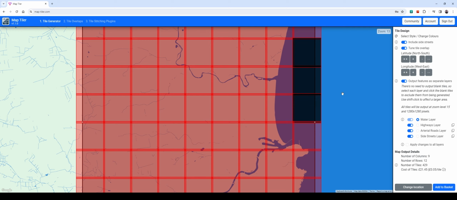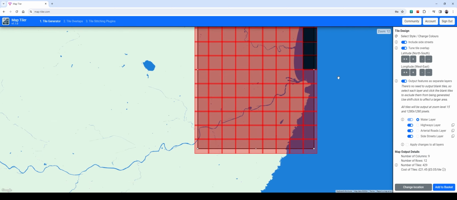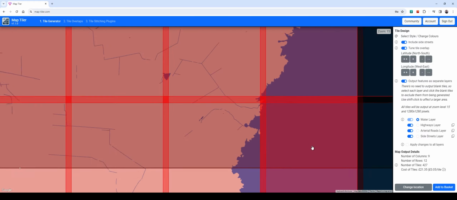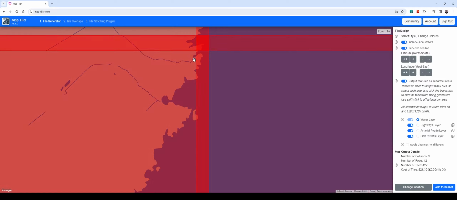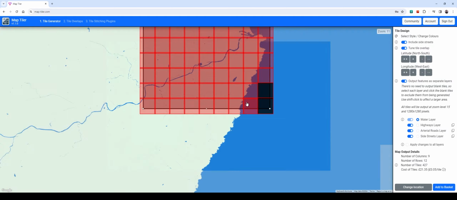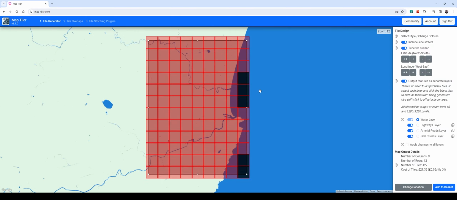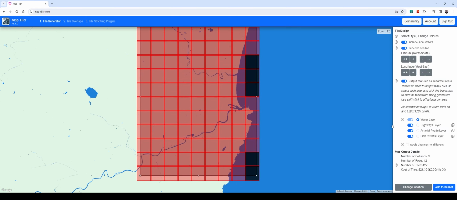Right? So that's those 3 tiles excluded from being downloaded. And we'll do the same here, and we can zoom in here. You can see that there's some detail here, and so we want to retain this tile here. Now, one other thing I should mention here, I've selected these 5 tiles, and if I go to the highways layer,